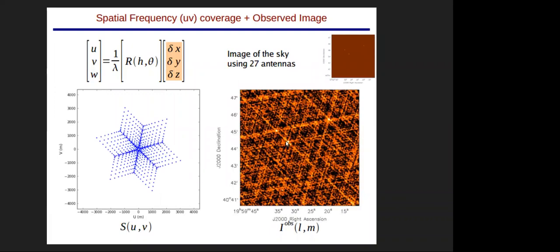You now suddenly see that some small structures are visible here and here, but still it is not completely visible, and it is not possible to isolate those sources right now. Okay, so that is the effect of the UV coverage. If you synthesize your UV domain with more and more data points, you will slowly start to see the faint sources which are in the sky.